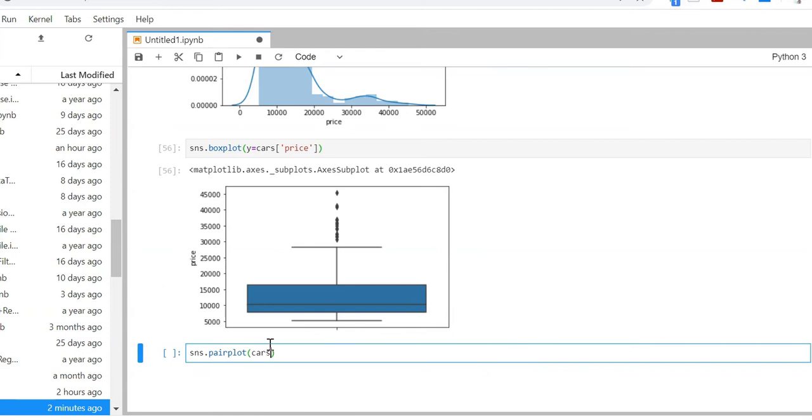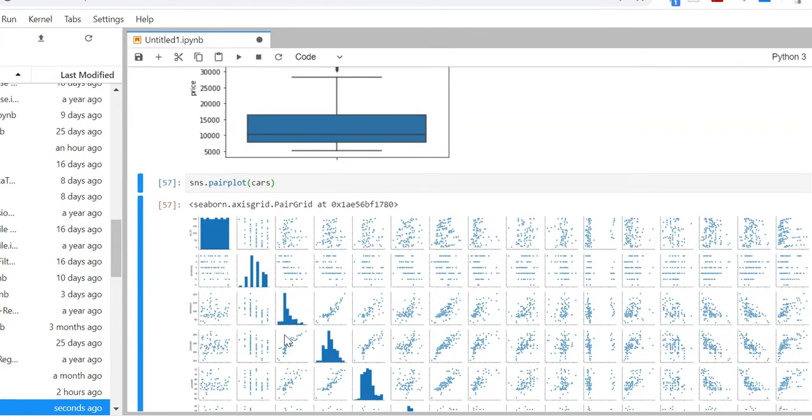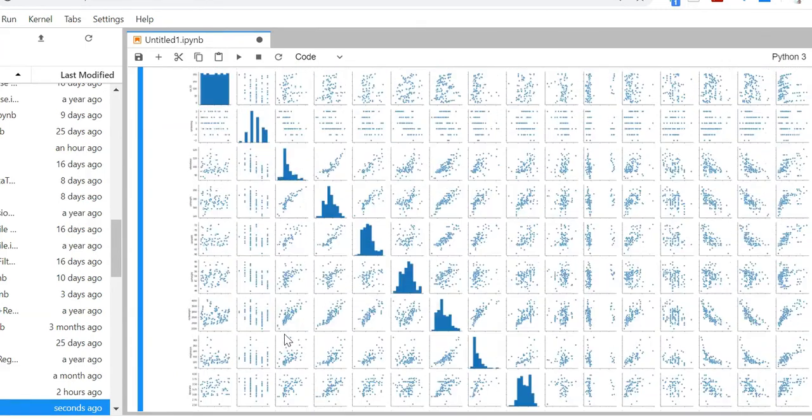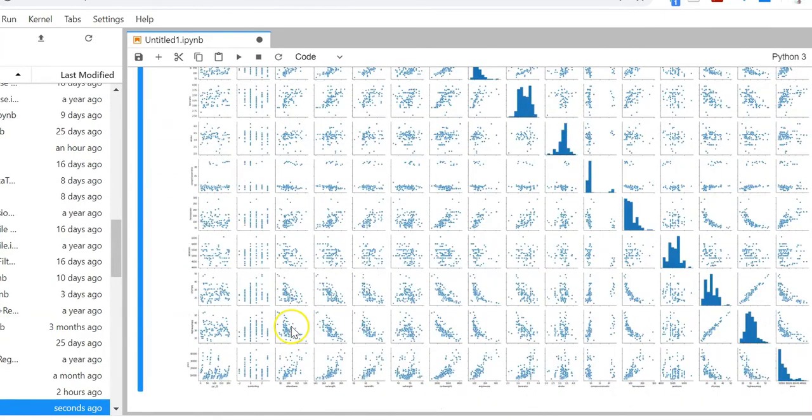So if you are having fewer columns, then you can use the pair plot. But for more number of columns, in such scenarios you have to select only a few columns to have a pair plot. So let us plot this one. It will take some time to come up with the result. So here is my output, but my output is not readable because, as I told you, it's going to plot the columns that many times, so we cannot read the output.